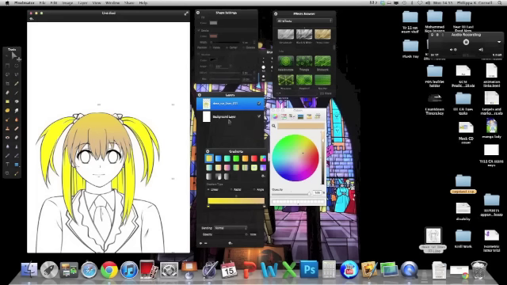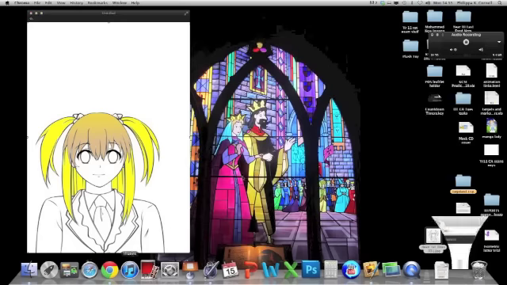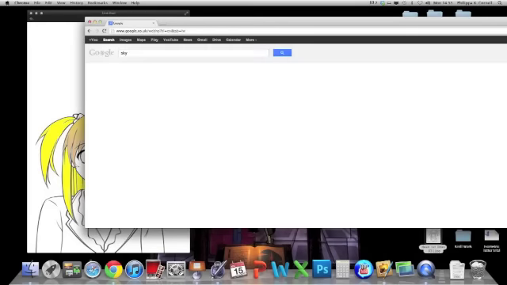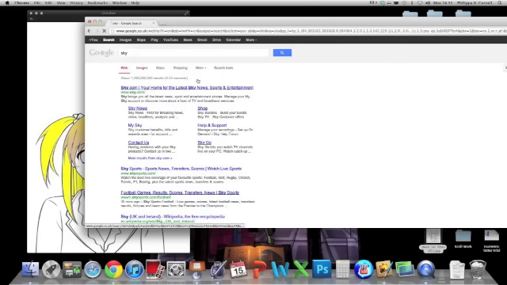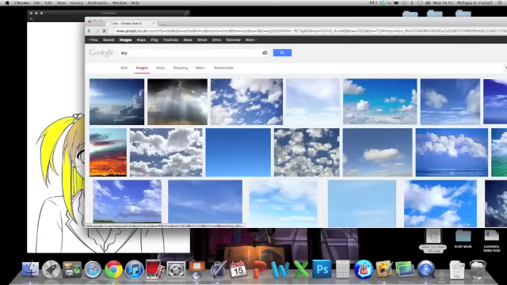Alright, so now I'm going to add some background. You can carry on and fill in your character with different colours, but I'm going to focus on the background. Now I want to add a nice picture from the internet, so maybe some sky. So open up Google, I'm just going to type in sky, find some images, say this one,